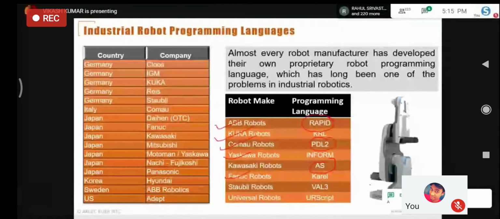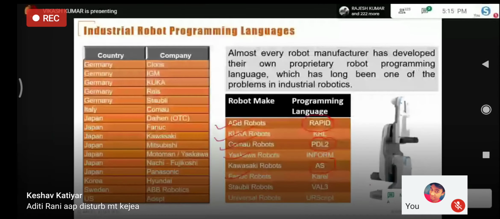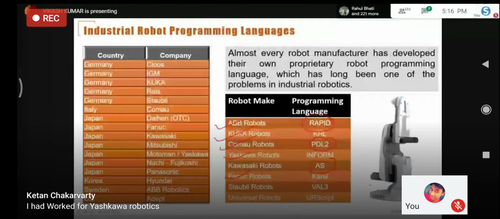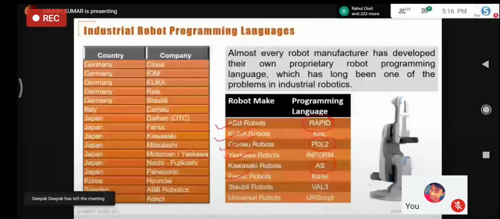One thing is that different makes use different robotic languages, but I just want to declare that if you closely observe and analyze each and every language offered by different manufacturers, you can find one common thing: they are using the structured programming concept.